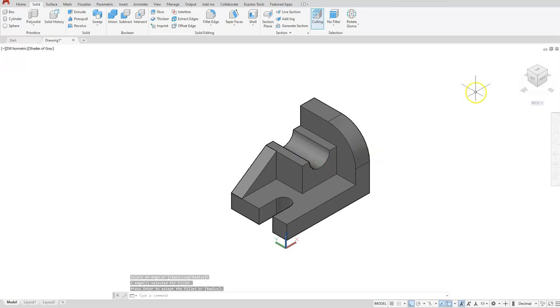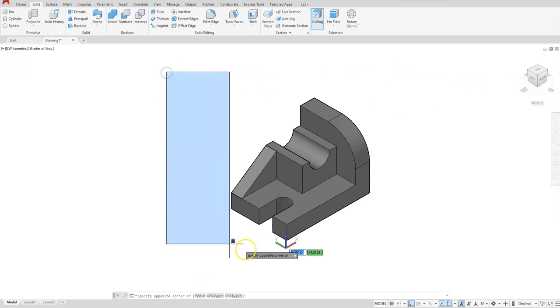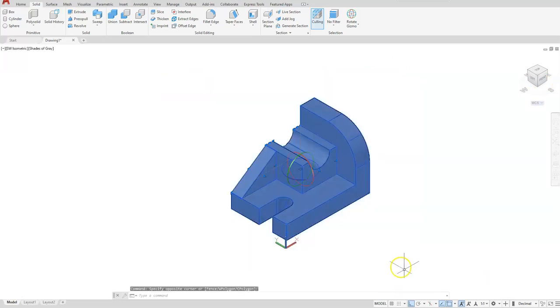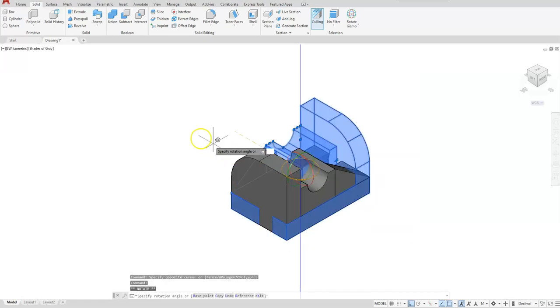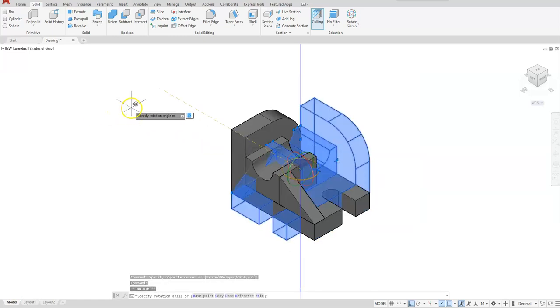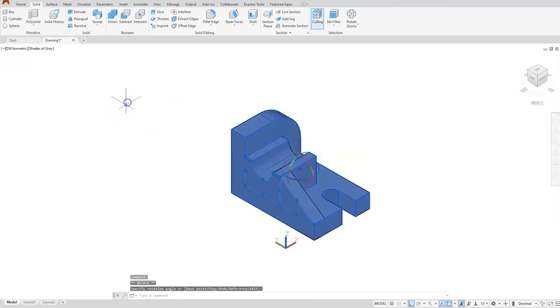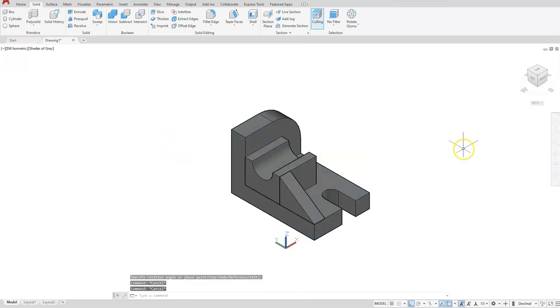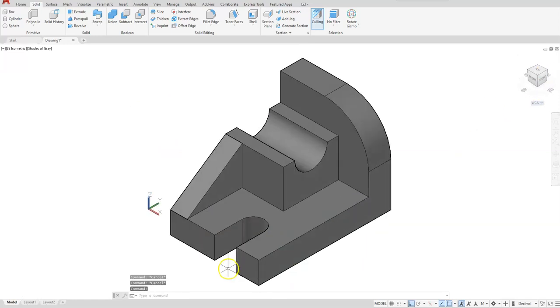Now I'm just going to rotate this till I get to the front view. So with not anything selected, I'm going to put a window around it, blue axis, and I'm going to rotate it this direction. So let's take a look at this in an isometric. I'll click there,